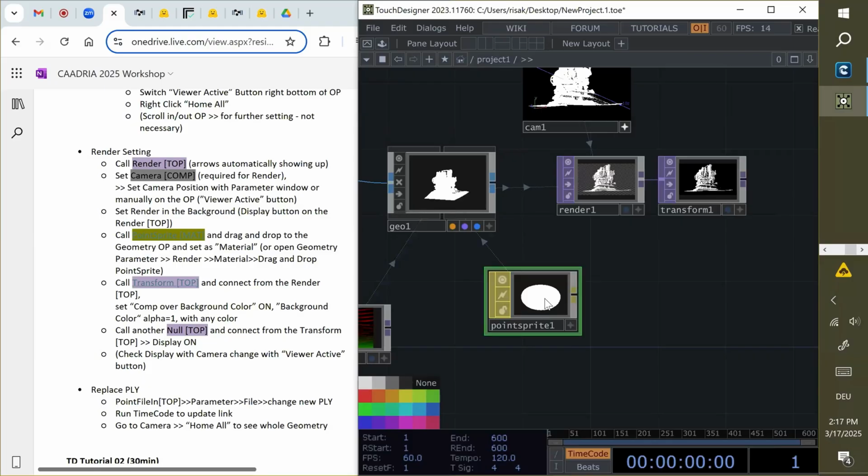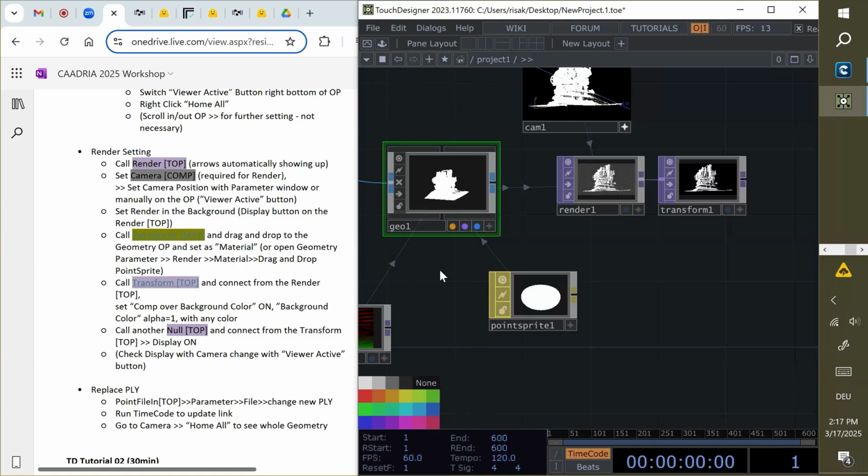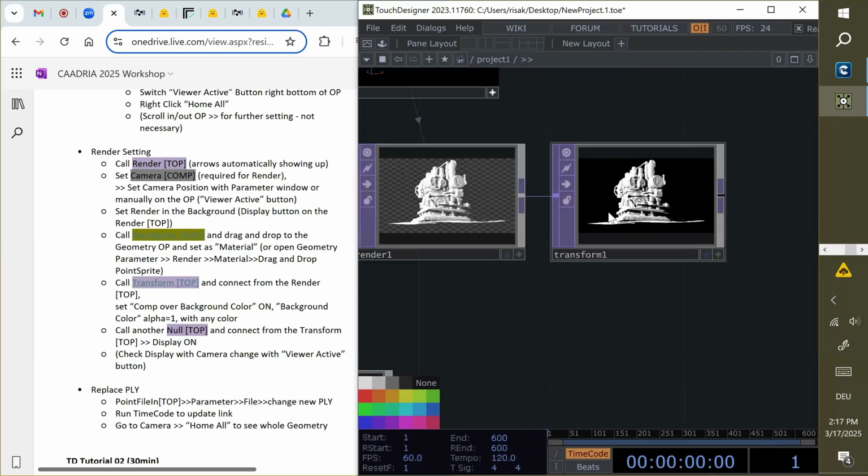And you just go to this here, select parameter material. Now it's kind of better. So now you can put this transform as a background of this window itself.